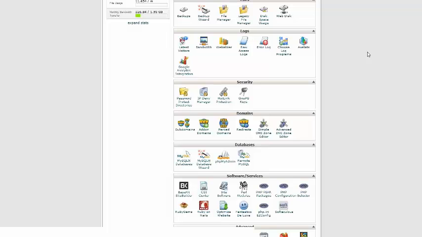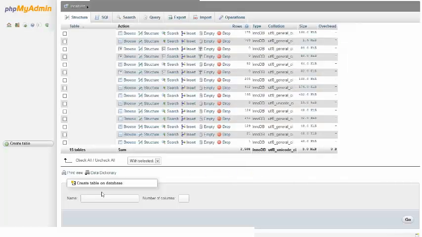So the way you would do that is you'd come into your cPanel and you'd look for this one here, PHP My Admin, which will bring up this, and yep, stuff over there is all blocked out, but that's fine. So you'd open your particular database, or it might be open to something like this already. Come over to export,